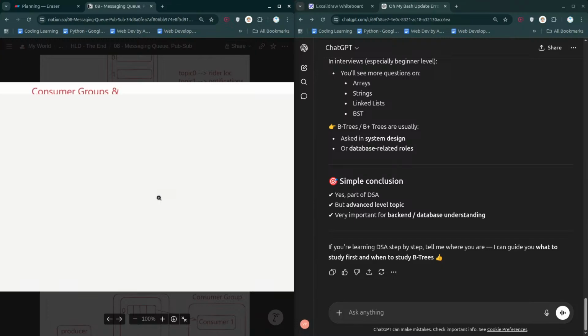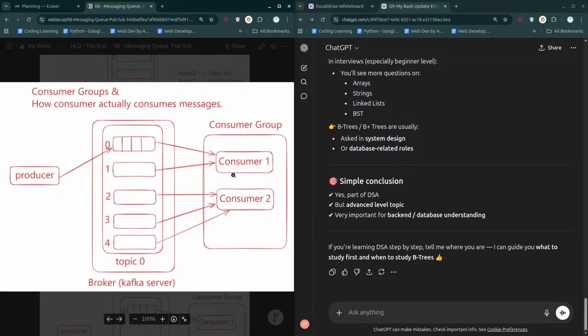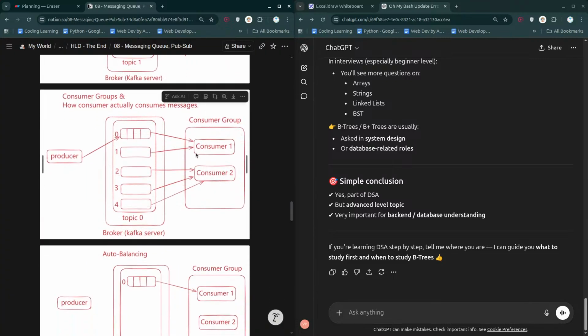And apart from this, what I was saying over here is that there can be multiple consumers, that's fine, and one consumer can connect to two different partitions, that will work. Similarly, consumer 1 is connected to these two partitions, consumer 2 is connected to these, so that is possible. But two consumers which belong to the same group cannot connect to one partition. That was the problem, hence we had to create consumer groups.